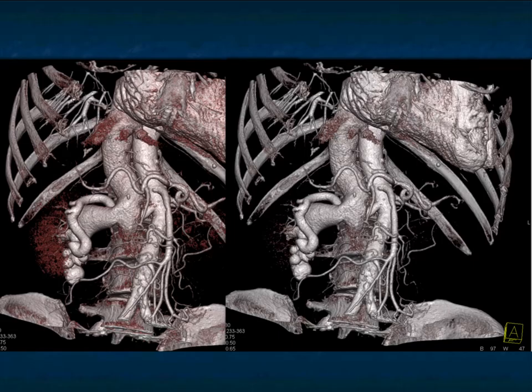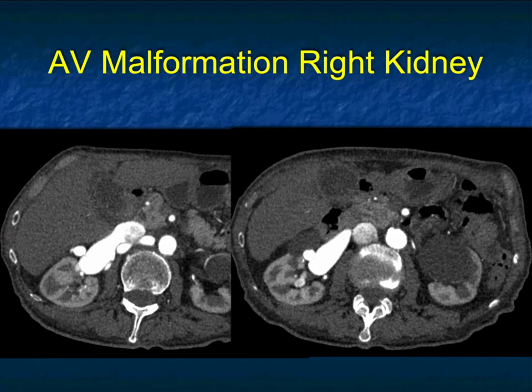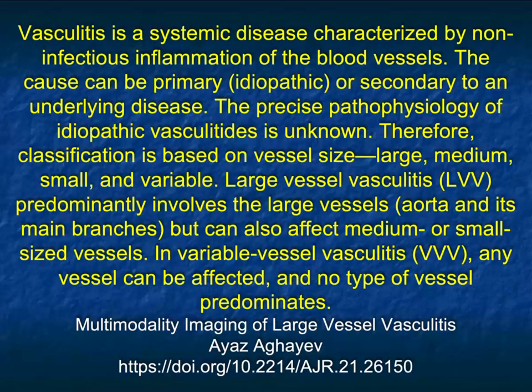Big renal artery, tortuous, early venous filling, and a large renal vein. Here it is on the coronal views. As you get toward venous phase, you can see that it almost looks like lobulations, very nicely shown. The kidney function looks pretty normal. The contralateral kidney has a simple cyst. Beautiful AV malformation, right kidney. And again, in this article by